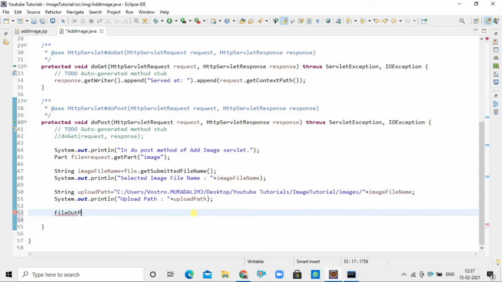Now for uploading the image to this upload path, we have to write file handling code, like reading the image data from the file which is in the form of Part and writing the image to our upload path. So I will write it here.